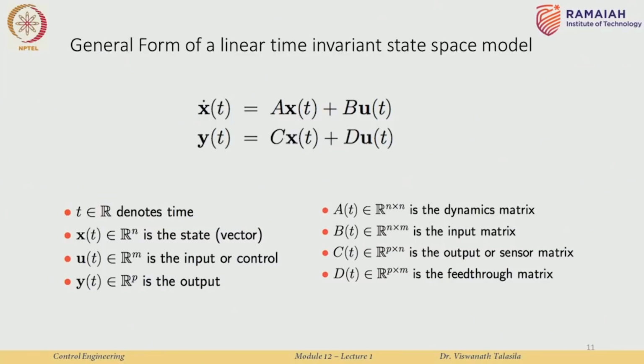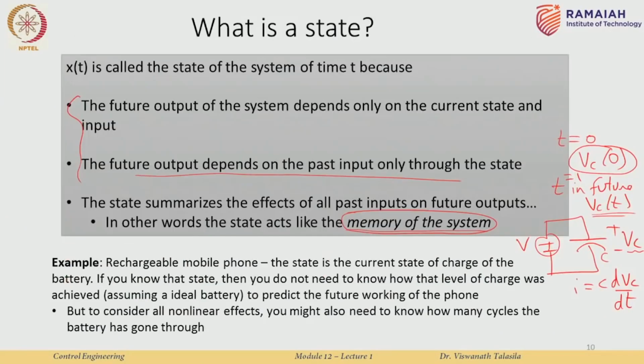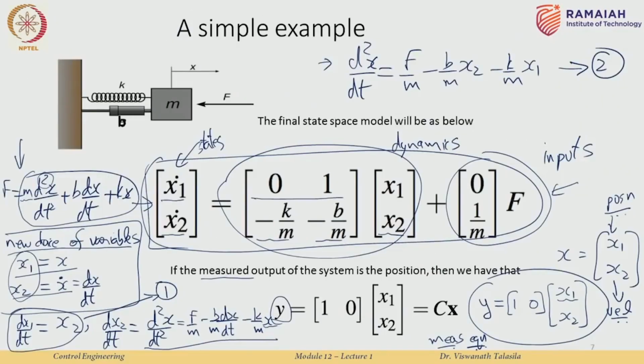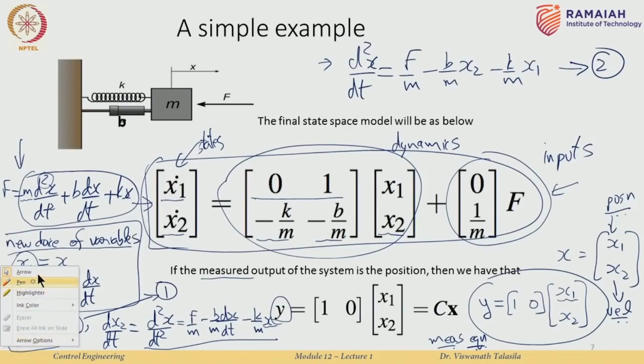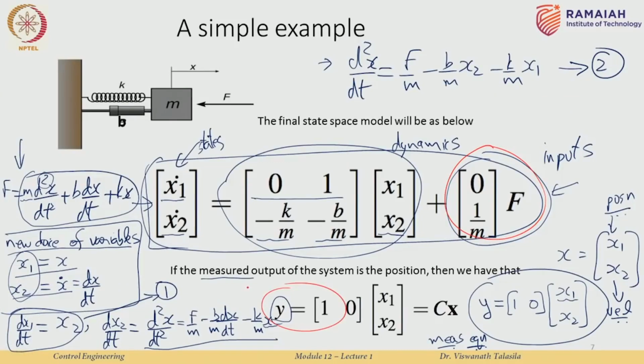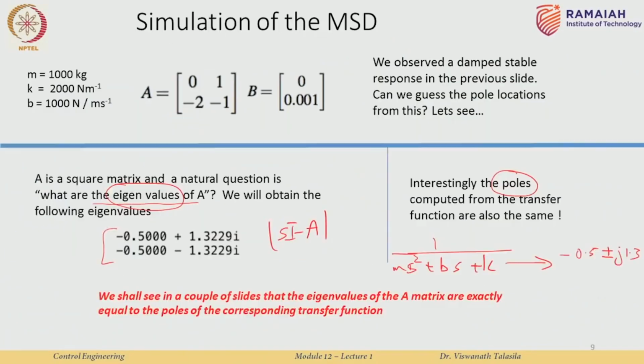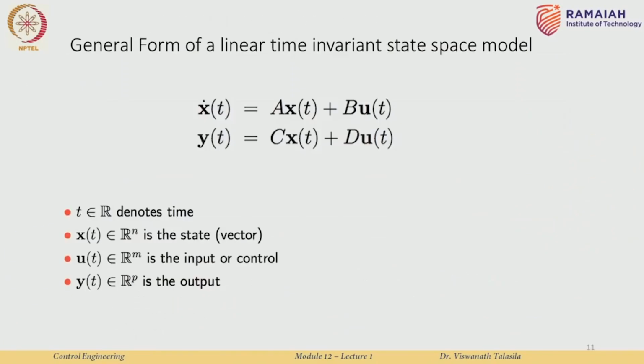Now, we have talked about what is a state, we have done a little bit of an example with the mass spring damper. We have seen that we have the so-called input structure over here, inputs over here, we have the measurements over here, and we have the so-called state dynamics, as I call them. Let us see this as a formal definition. So, we have seen